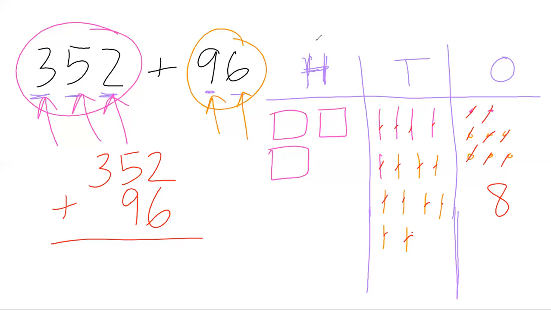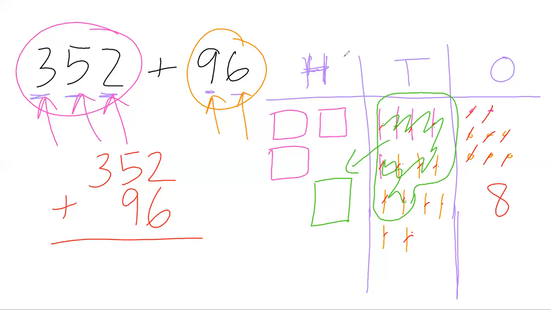So I got to group my 10s. I got to take 10 of these 10s and put them into one group. So I'm going to do that. So 1, 2, 3, 4, 5, 6, 7, 8, 9, 10. So here's 10 of them. I'm actually going to group these together because these 10 tens now equal a new 100. I'm going to just put them over there in the hundreds place. So I've kind of gotten rid of these and I just shifted them over into the hundreds place because it